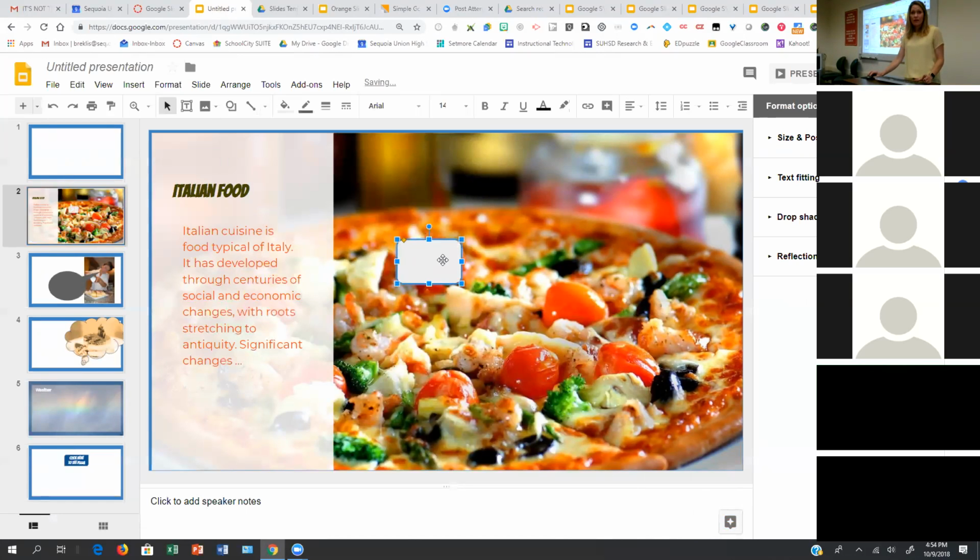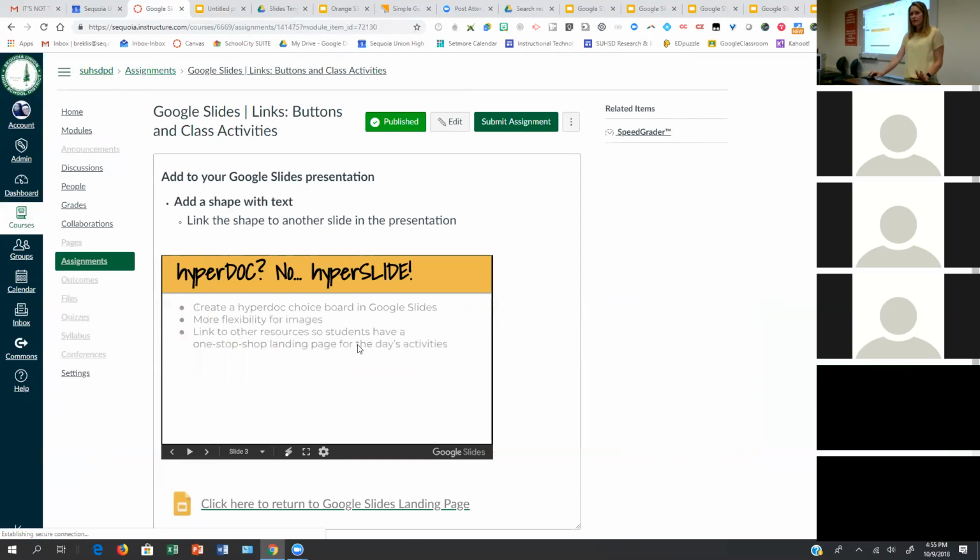And instead of having it gray, or actually let me add the text first so I don't lose it. Just so I can remember that it's there. I'm going to change the background to transparent and even the outline to transparent. Right? You can keep the word in there if you want or not, but then you can have that link to another site. So it's sort of making hotspots all over your document, right? Where you can say, click here to find out this ending story. So students could make their own choose your own adventure stories in creative writing. So that's kind of making a mini site with buttons.